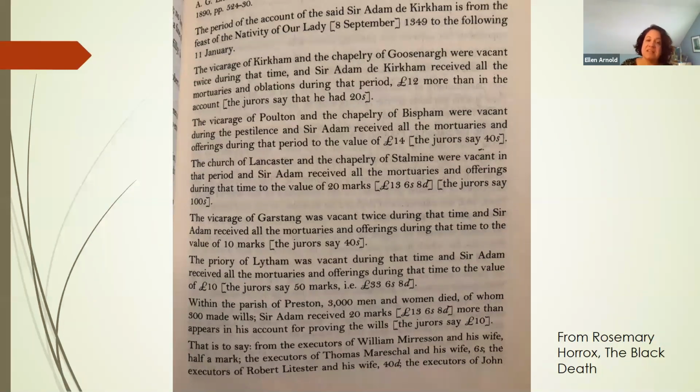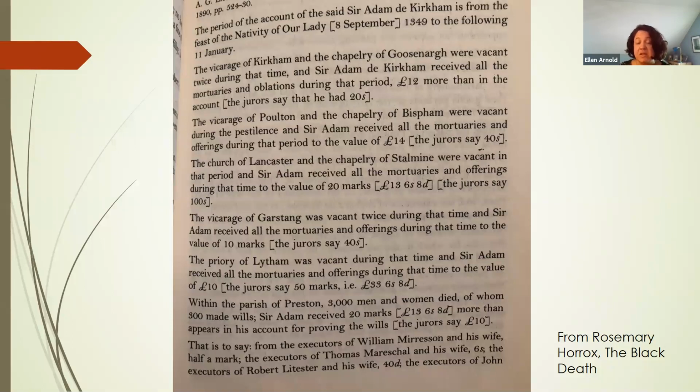What I've got here is an example of how medieval scholars figure out what happened in the plague. This is from one small community in England, and they have records from the local courts that figure out who pays the death taxes and the fees and fines for taking church office and taking up new